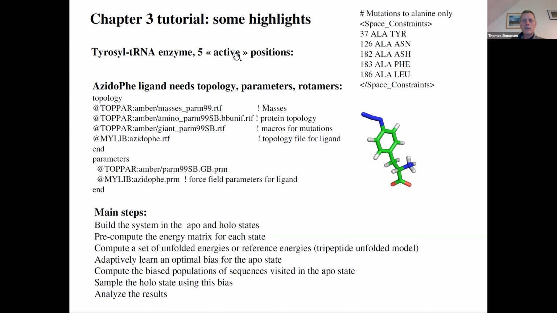Topology and parameters, this is now kind of CHARMM speak, and hopefully you know what this means. So here you see I'm reading in topology files, standard files for protein, and here I've got a custom-made file we built in-house for this ligand a few years ago, not for a toy study, but for a real study. And parameters, we developed our own force field parameters for this ligand.